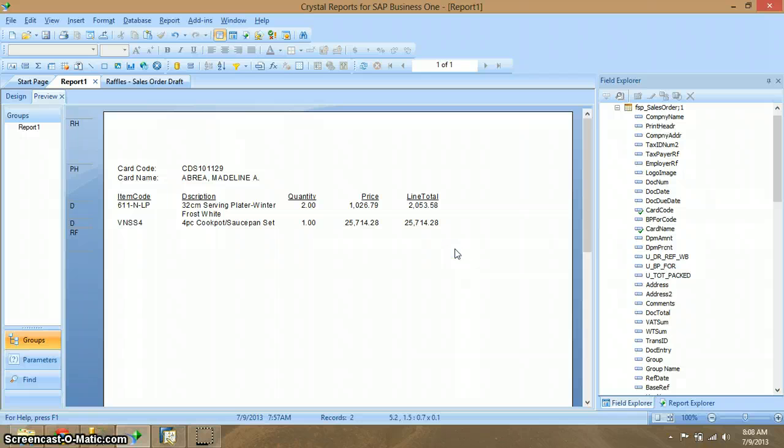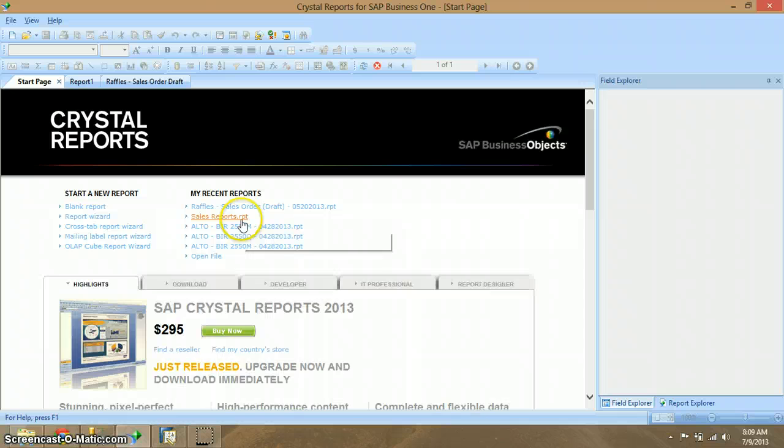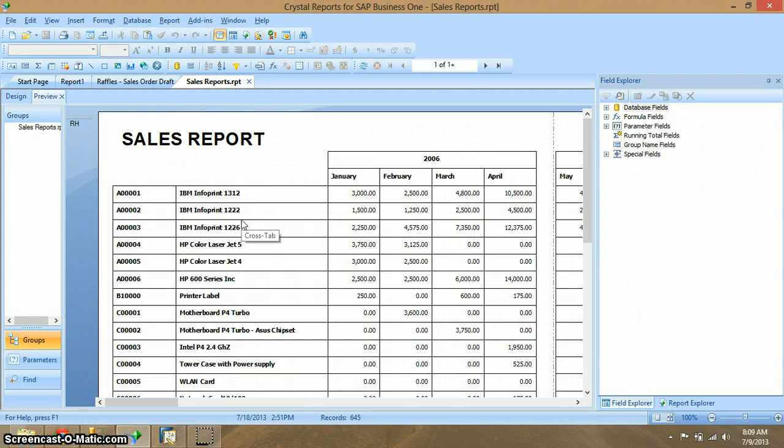And now I'm gonna show you some other examples that I made in my OJT days. The start page and the sales report. This is the first report that I made for Fast Track.